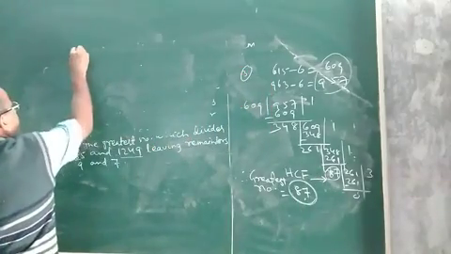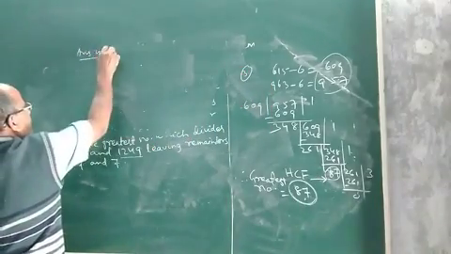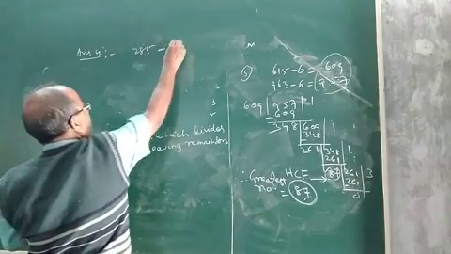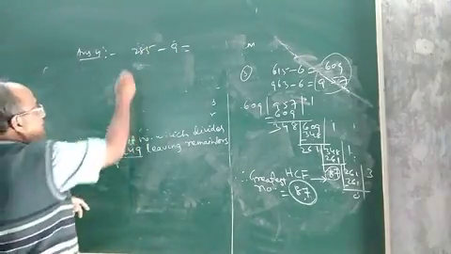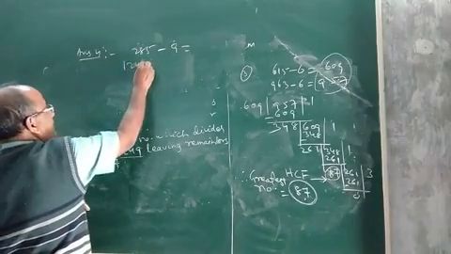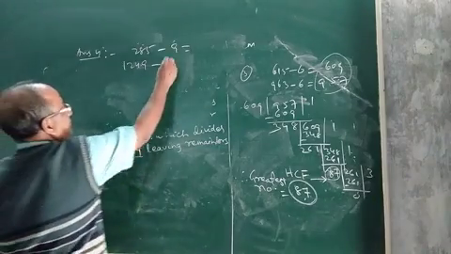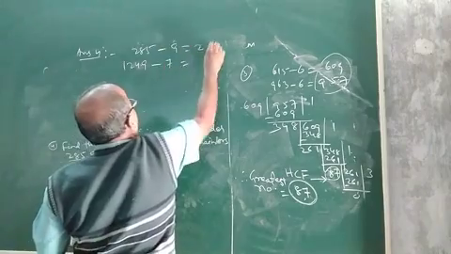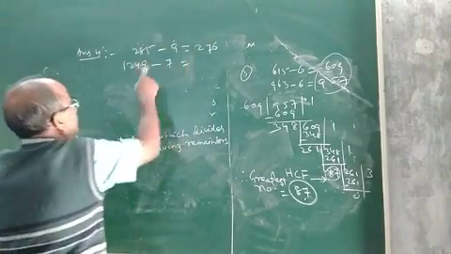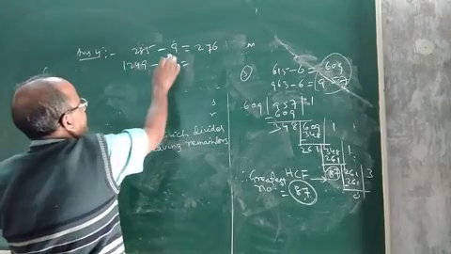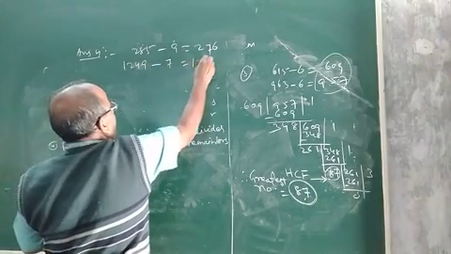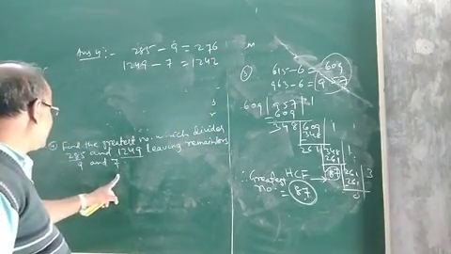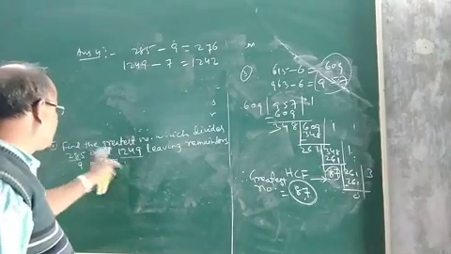That means, you see, answer 4. First you subtract 285 minus 9. Then you subtract 1249 minus 7. So what will be the difference? It will be 276, yes 276, and this will be 1242. So as the remainders are 9 and 7, that is different, we have to take the difference.